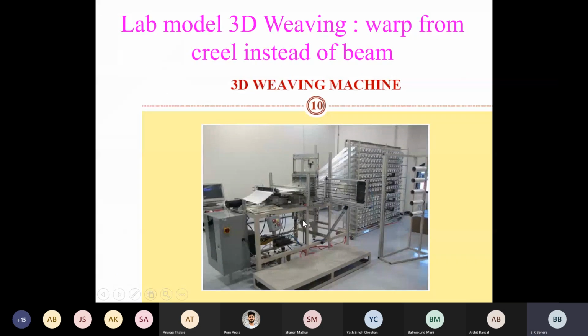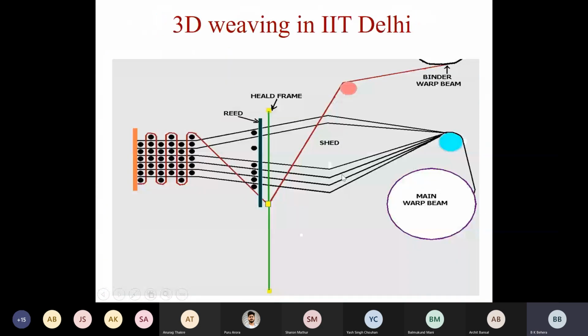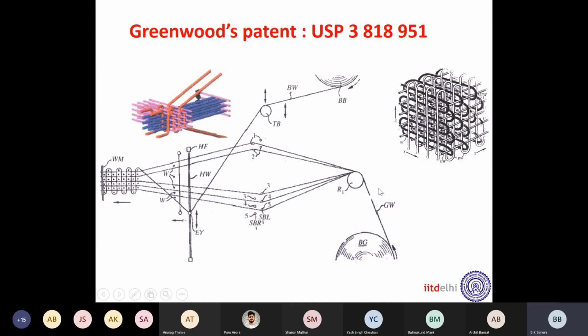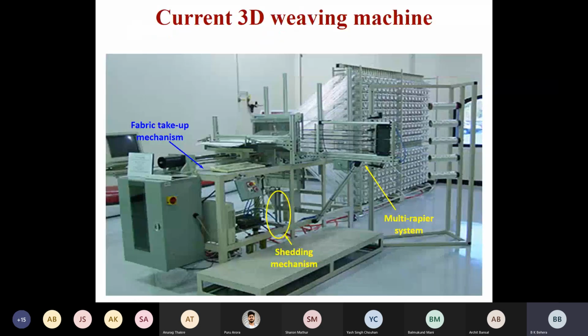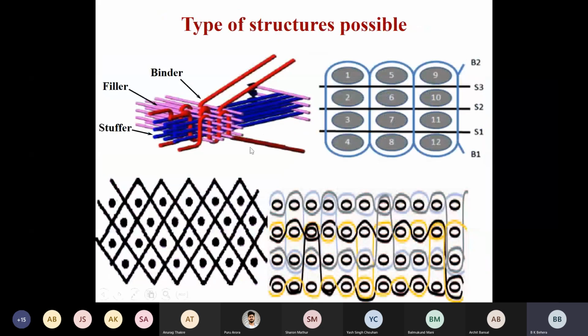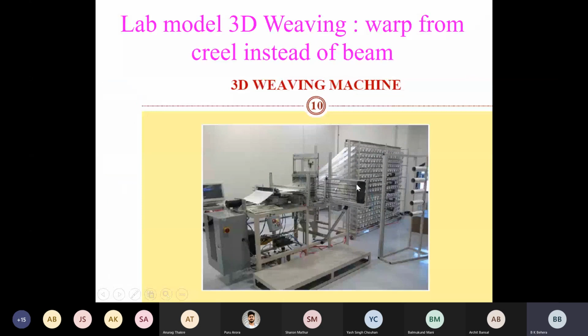Okay, and in this case, the specialty is, this is the same loom you are seeing here. This is the same loom, exactly the same. It is a line diagram, so that you can draw this diagram to show the weaving machine function. But they are all one and the same thing, whether this diagram or the actual machine photograph. This is the most simplified form to show the structure, and this is the actual machine photograph.